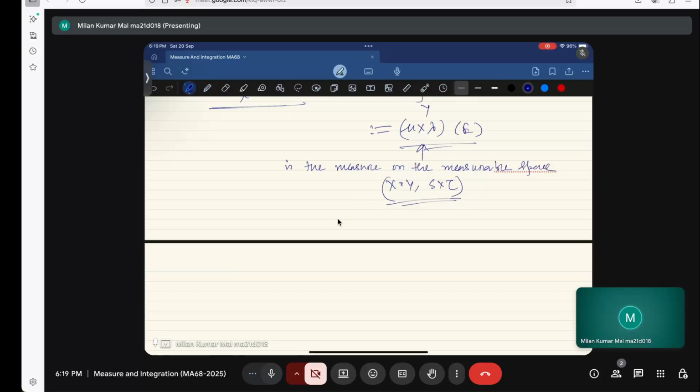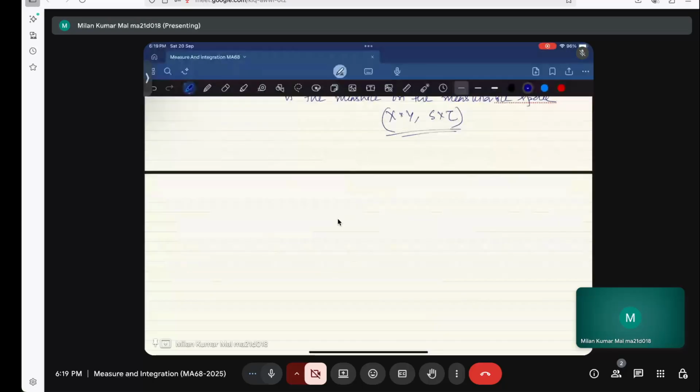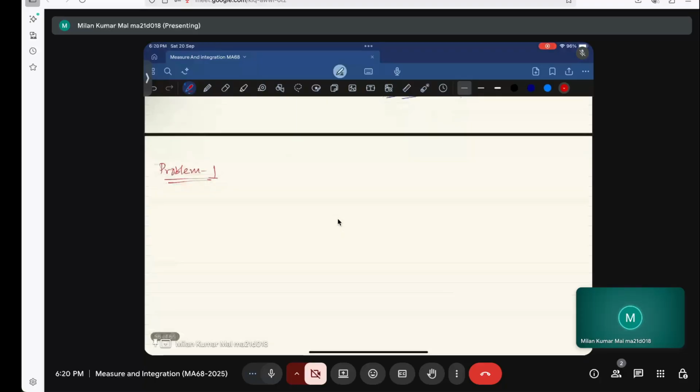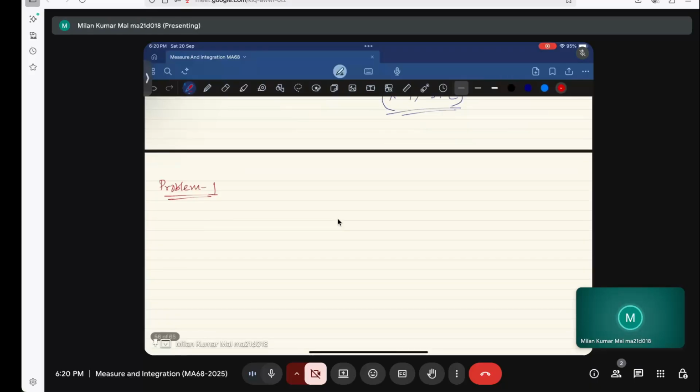Okay. So now with this we will directly go to some problems. So let's write the first problem. This is the basic definition which I should discuss, so that I have discussed. Problem 1. What it says: give an example of a non-empty set X and a